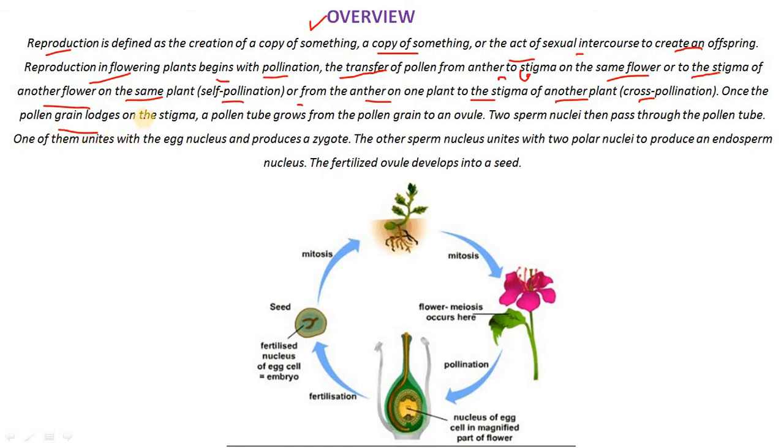Once the pollen grain lodges on the stigma, a pollen tube grows from the pollen grain to an ovule. Two sperm nuclei then pass through the pollen tube. One of them unites with the egg nucleus and produces a zygote. The other sperm nucleus unites with the two polar nuclei to produce an endosperm nucleus. The fertilized ovule develops into a seed. As you can see in this picture, beginning with mitosis and then pollination, then fertilization, then a seed